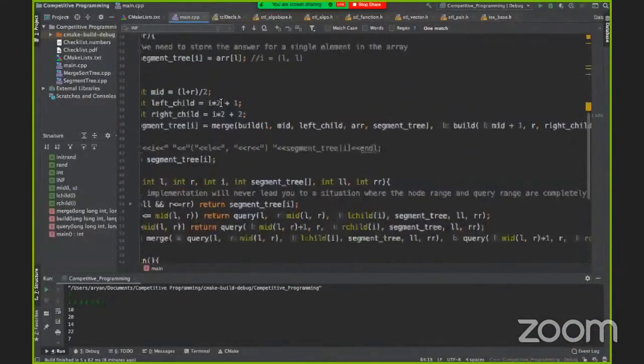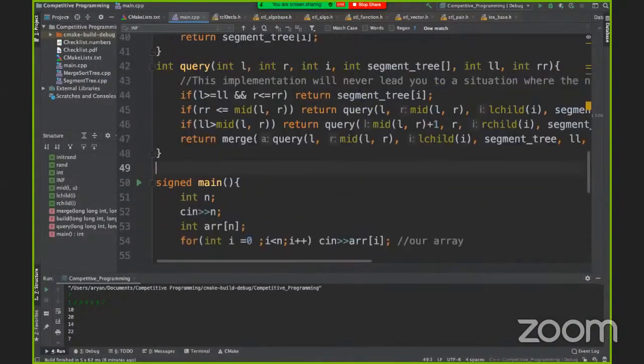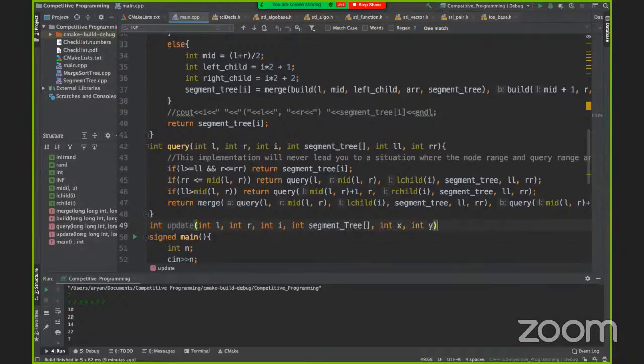So let me discuss the update function. It's an integer function, and it's similar to the query. So int l, int r, int I, int segment tree. Instead of ll and rr, we'll have int x, which is the location of the value we need to update, and int y, which is what we need to update it to.